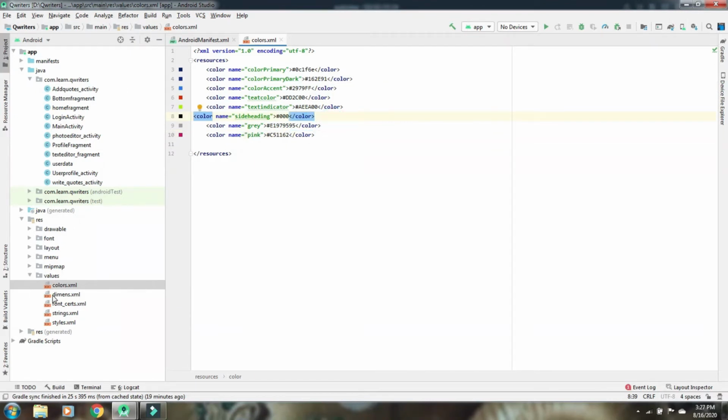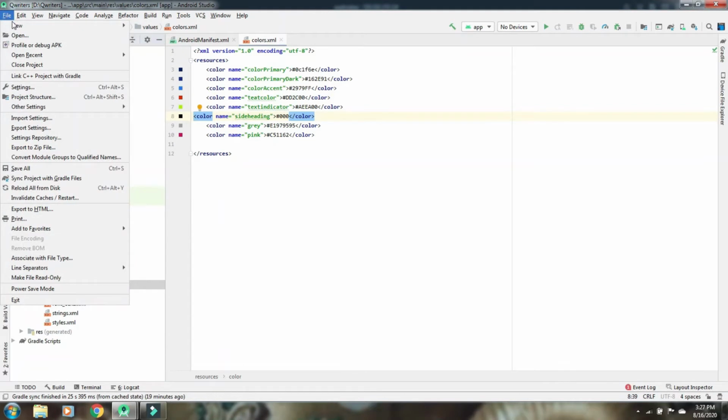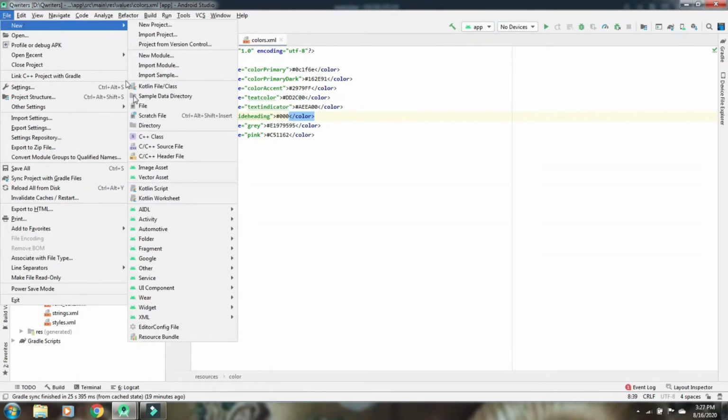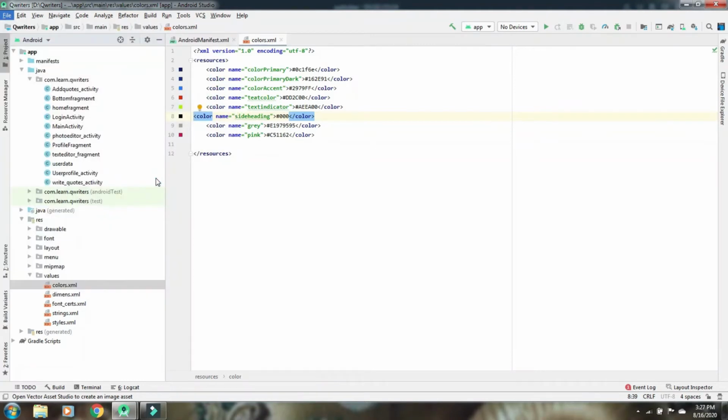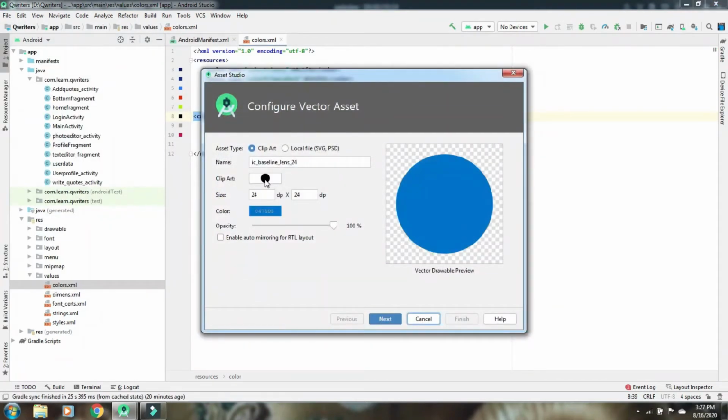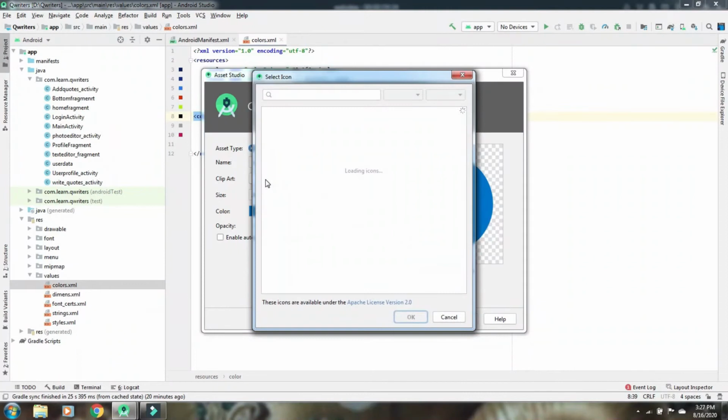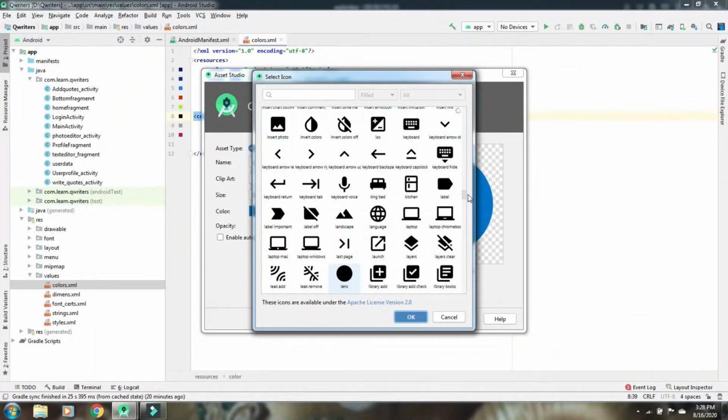Next, let's create one. We'll find some logos. Go to File, and in New, go to Vector Asset. Click on Vector Asset. You'll find logos here which you can use in your app.